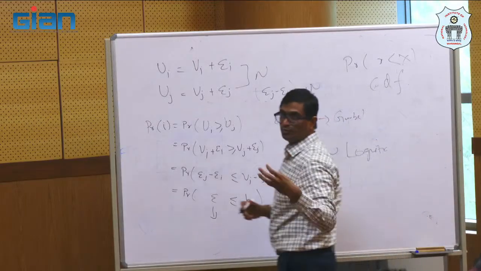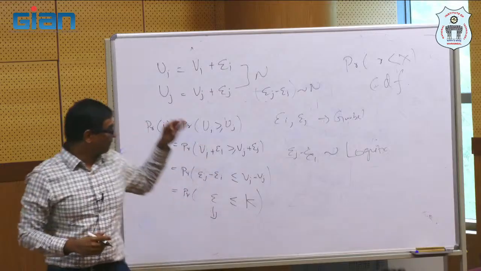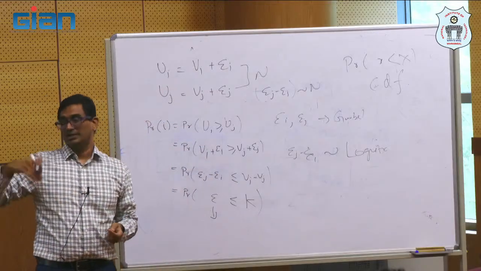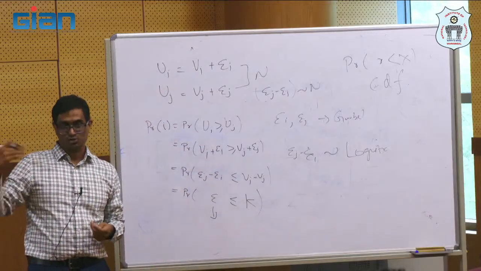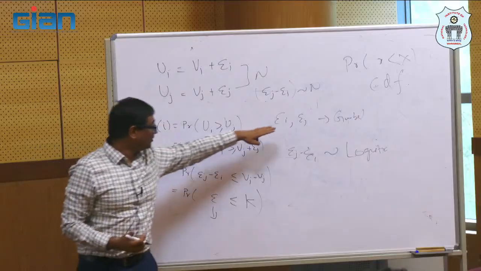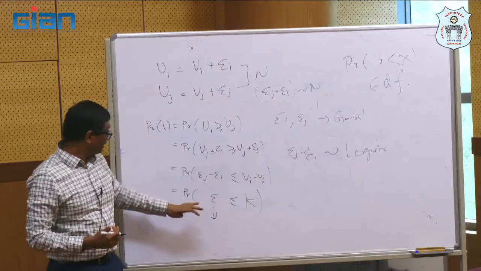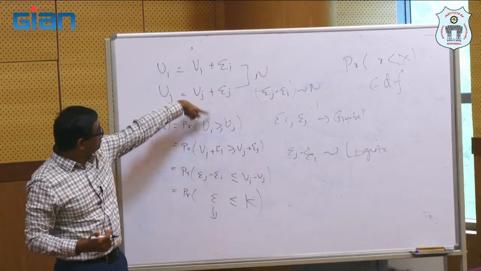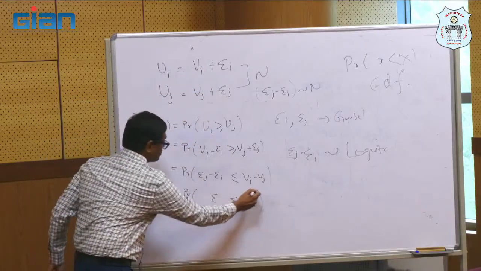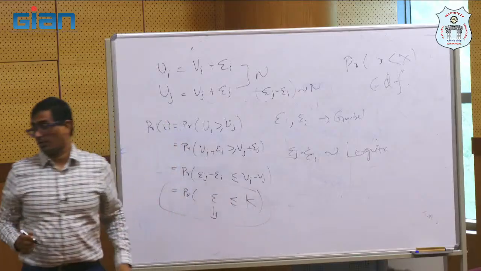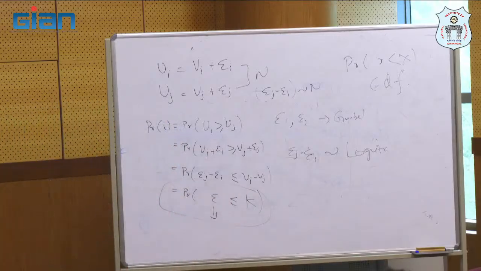Again, there are a lot of proofs to show this. If you have two random variables which are normal, the difference or sum is also a normal random variable. If you have two random variables that are Gumbel, their difference will give you a logistic distribution. So based on what you assume for epsilon I and epsilon j, this probability will have a functional form. I'll show you some